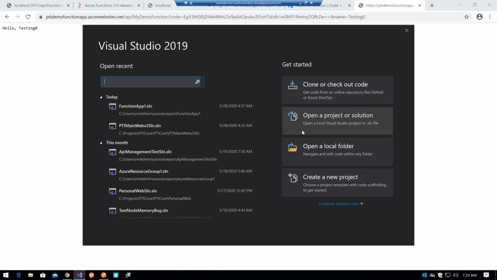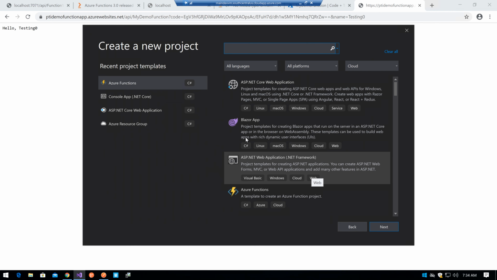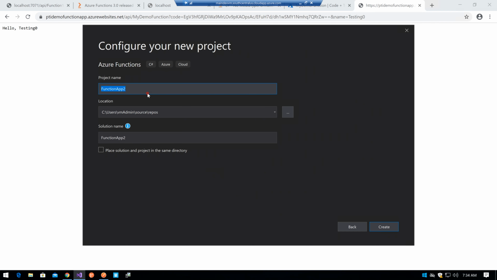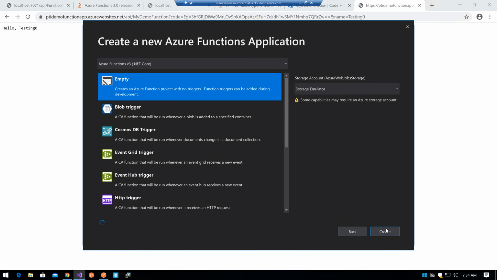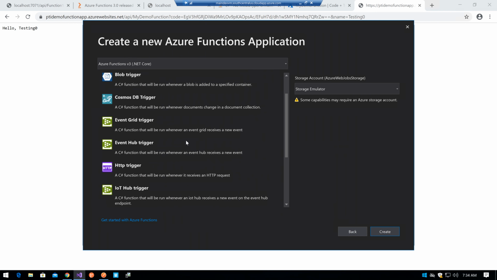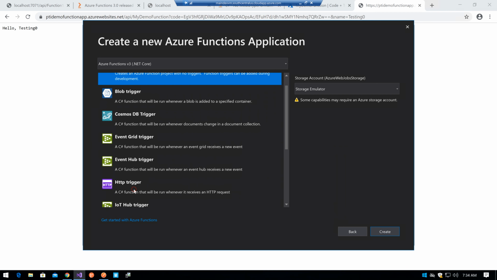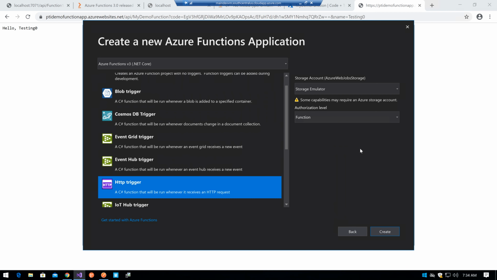Now, how do you create an Azure function in Visual Studio? So basically we are in Visual Studio, we go to create a new project, we select Azure Functions, or we search for it here. Now I'm going to name it my PS demo function. We create it, and it will ask which type of function we want to have. We are going to create an empty one, or the HTTP trigger one. I'm going to create the HTTP trigger one, and it also asks for the authorization level. We hit create,